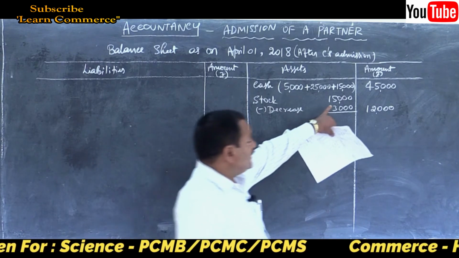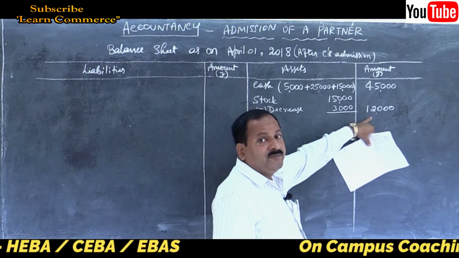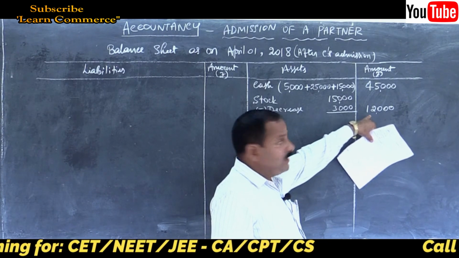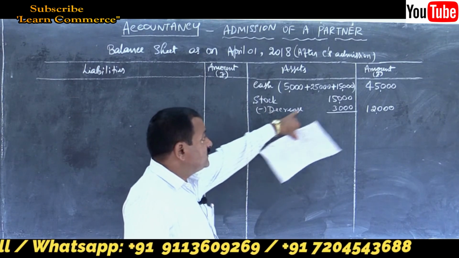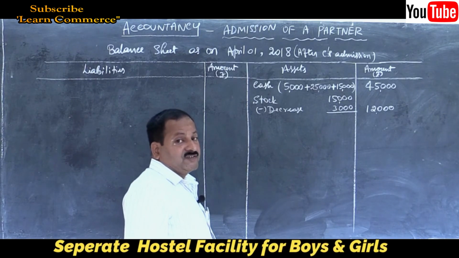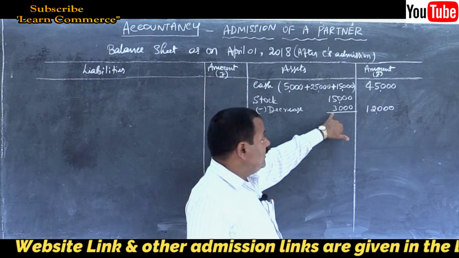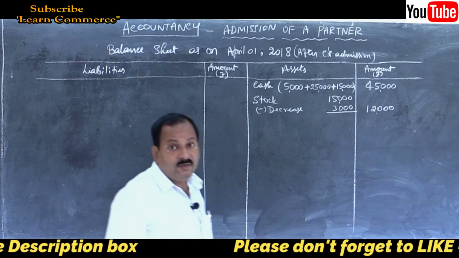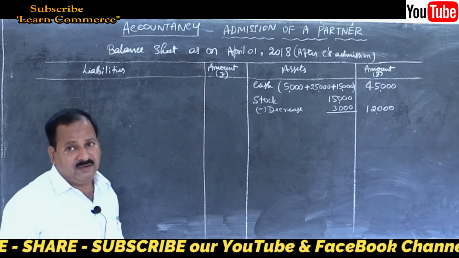If they give 12,000 in the balance sheet as stock value, and in adjustment if they give 15,000, then write 12,000 here, write 15,000 in outer column, new value, then see whether there is increase or decrease. There is increase, so write here add increase, write 3,000, done. Otherwise you will get confused. Some students will get confused and they will write 15,000 and they will write here 12,000 and they will write 3,000 in outer column. Your solution is gone. So remember, you have to write the new value in outer column. Remember this formula, very simple.